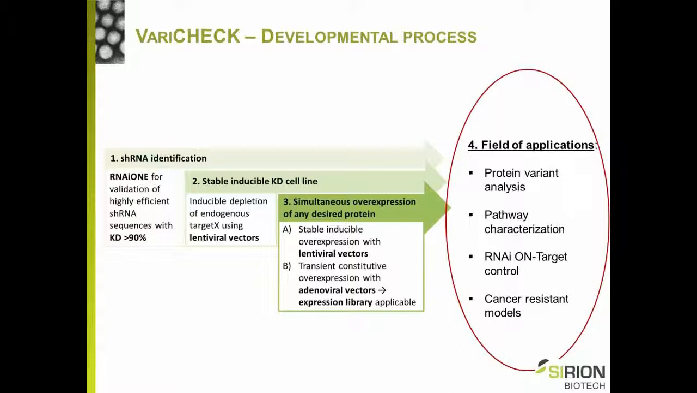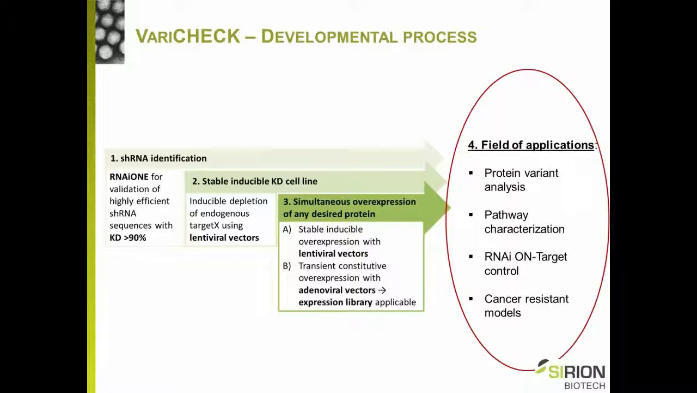Okay, let's see if it really works. So the workflow is the same. We start with RNAI-1, we do stable inducible knockdown cell line generation, and then in this intermediate knockdown cell line, which is already a very good first product, we simultaneously overexpress a protein, for example, that can be an RNAi on-target control, meaning having some point mutations in the shRNA binding site so it will not be degraded by this